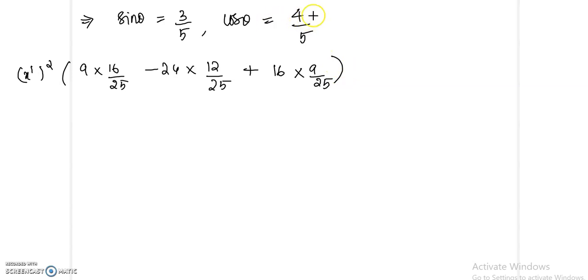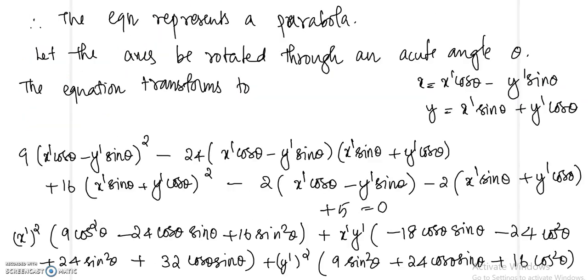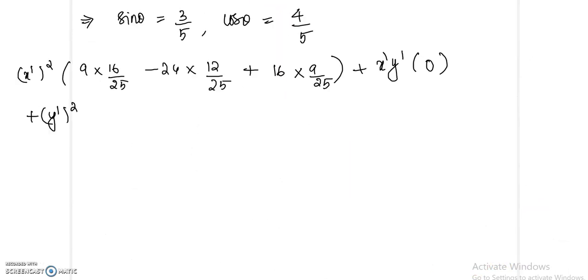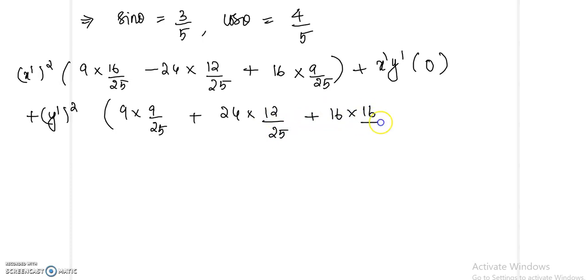So that will be the first term, plus x dash y dash, the coefficient will be 0, because we have chosen theta that way. So y dash square, let us look at the coefficient. So that is 9 sin square theta plus 24 sin theta cos theta plus 16 cos square theta. So we will get 9 into 9 by 25 plus 24 into 12 by 25 plus 16 into 16 by 25, and